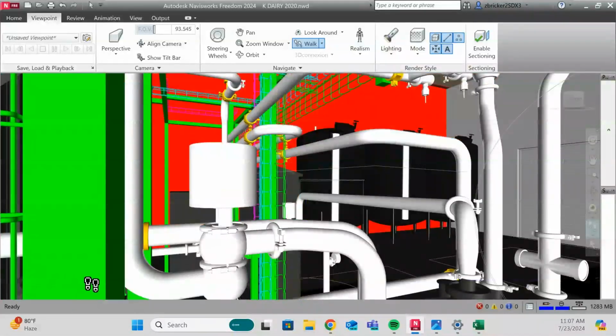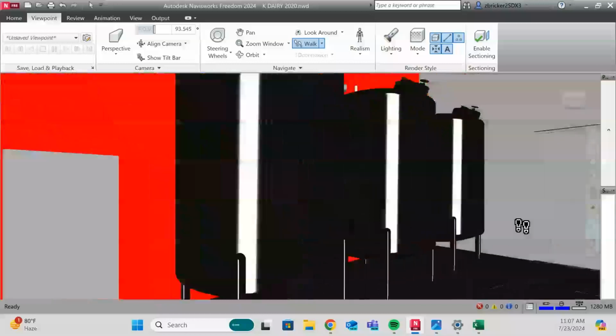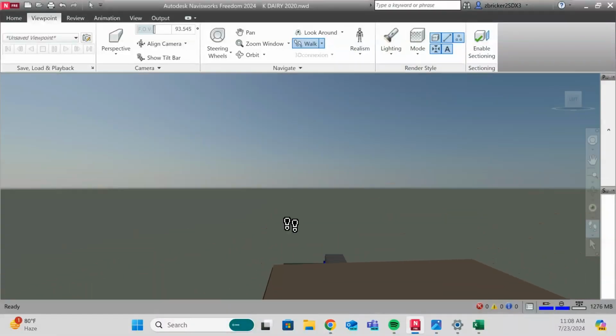One more time. Start from the bottom. I'm going to drag kind of in an R shape, and that will have me walk and turn at the same time. Now, if we jump back out of this model using that elevation command,